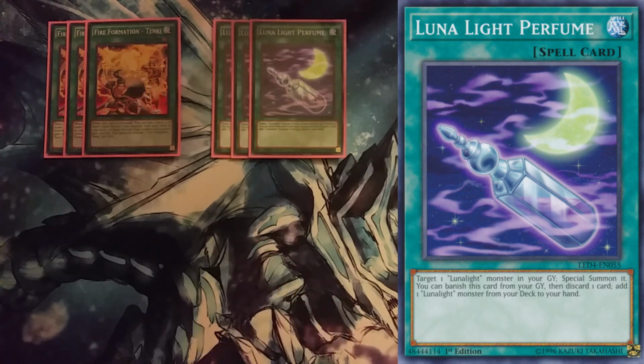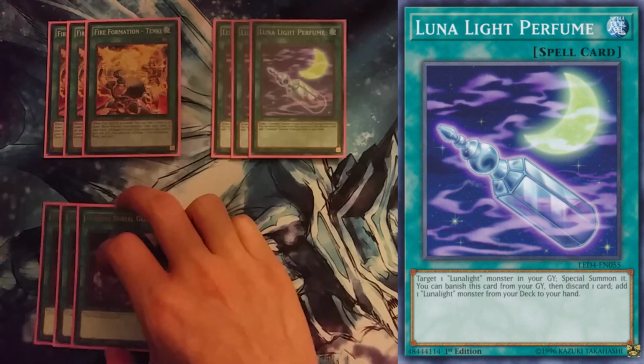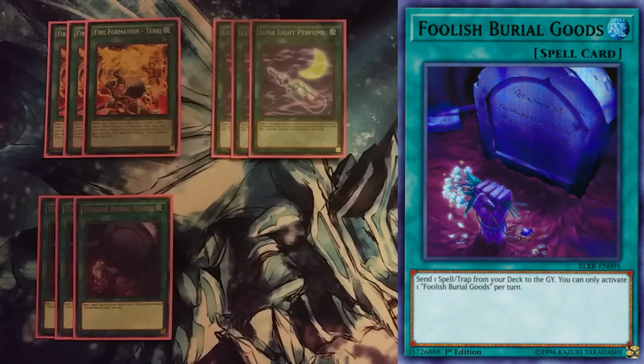But yeah, this is just super good, and I would always run three of it. I have three copies of Foolish Burial Goods, just another Rhoda for the deck, honestly. Pretty good stuff. Send Perfume, and then send Serenade Dance to counteract Pure Thunder, so that you can go into